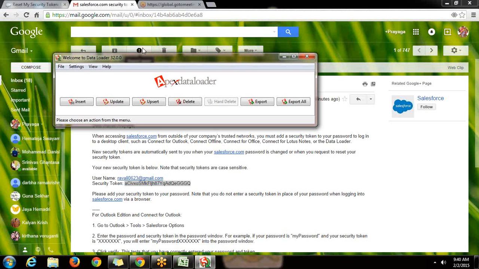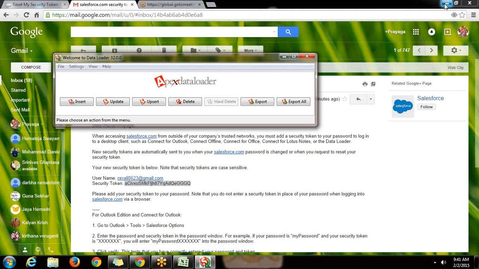After you map the fields, the next step is to select a location where you want the log files to be stored. Log files will tell you which records were successfully imported and which were not imported, and which ones had errors. Got that? So that in case you want to go and check,